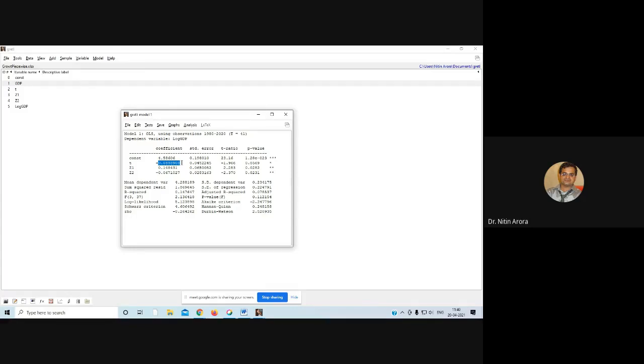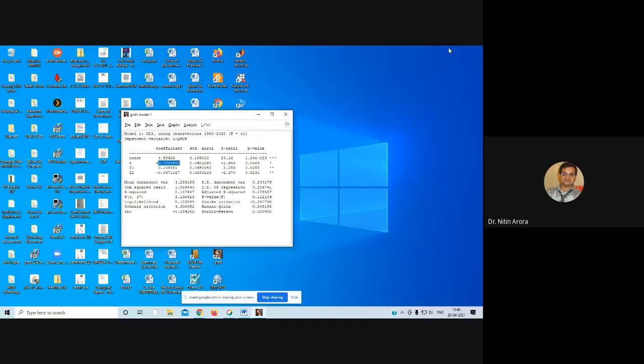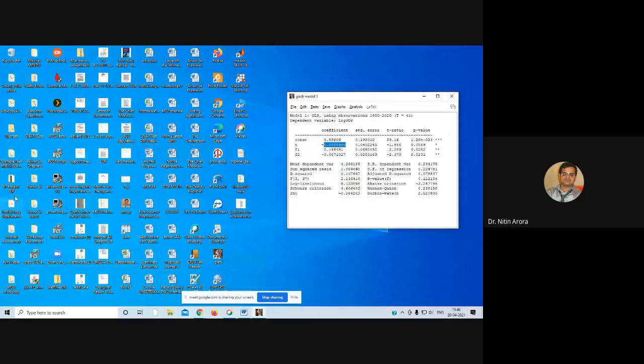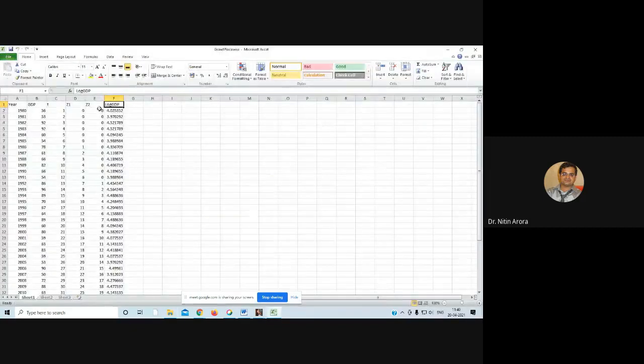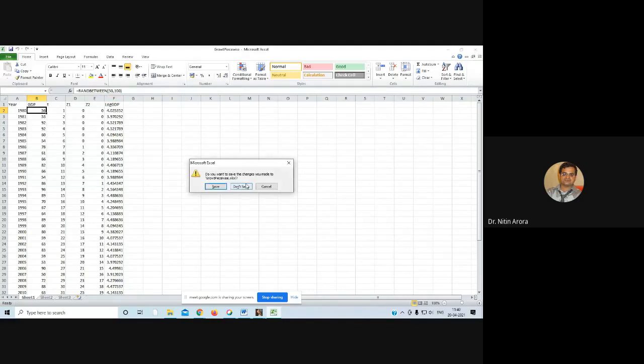Let me tell you, this is not real data relating to the Indian economy. This is just hypothetical data. I have created random numbers between 50 to 100. You see, there is a command in the file. If you open the Excel file, there is a command in the Excel file that I have generated, in the example files. You can see there is one command, RAND, for a random number between 50 to 100. So these are just random numbers between 50 to 100.